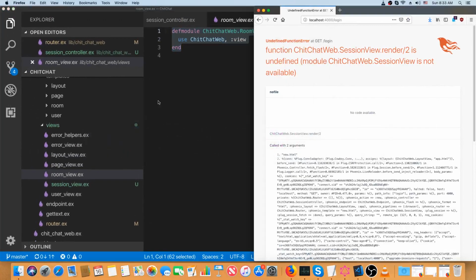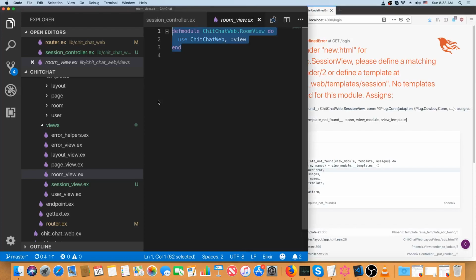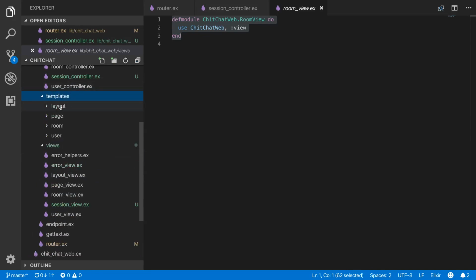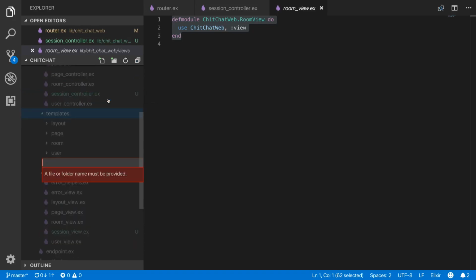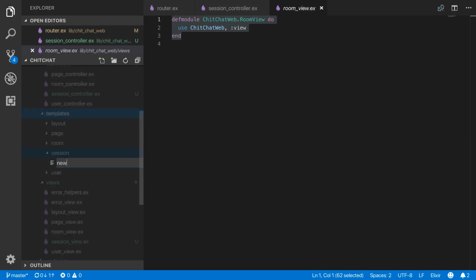Now our error should be a little better. We just don't have the template. Excellent. In templates, we're going to need a whole directory for session. So add that first, session. And inside this session directory, we'll add a file called